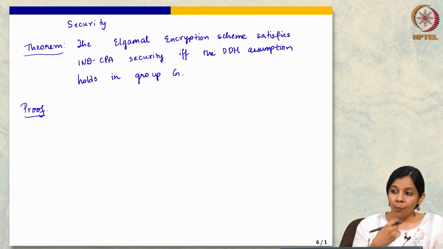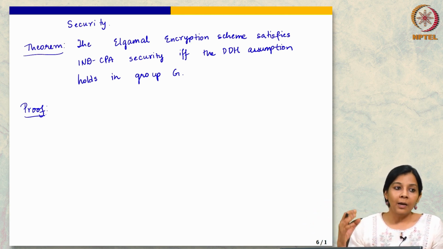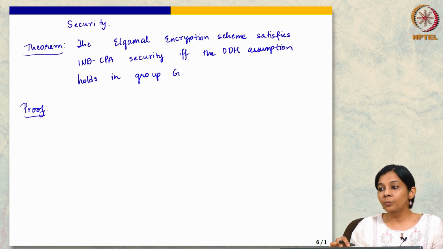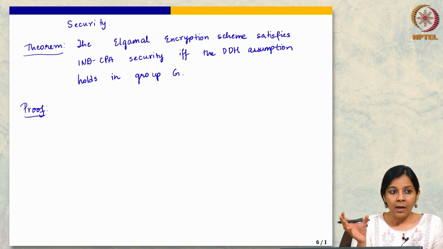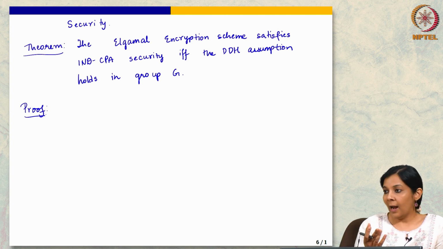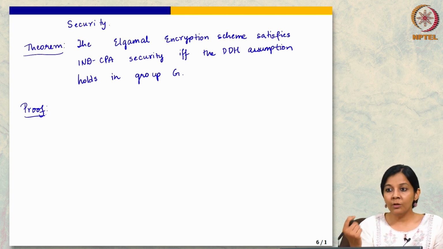problem DDH. So, what is an instance of the hard problem? You should get G, G to the A, G to the B and a third element. This third element could either be G to the AB or it could be uniform, and I do not know which one it is. So, I want to somehow plant this question into the encryption scheme and feed it to the attacker. If the attacker can crack the encryption scheme, then I will use the attacker's answer for the bit. Remember, the attacker has to output a bit in the end,